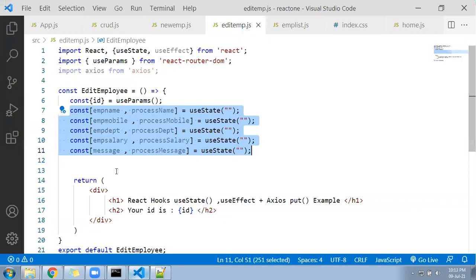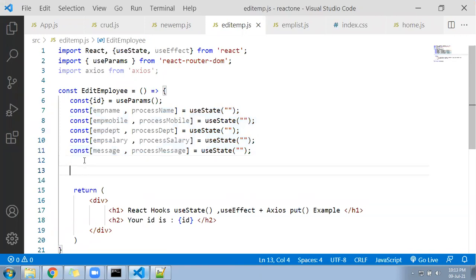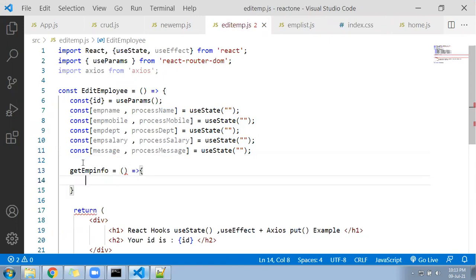Let me go now. I will process this function next. Now we will write a function here. We will write an API here that is called getEmpInfo, and don't forget to add the const here because it is a functional component. You require the URL now.